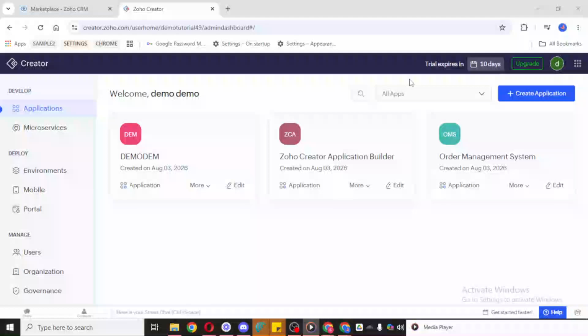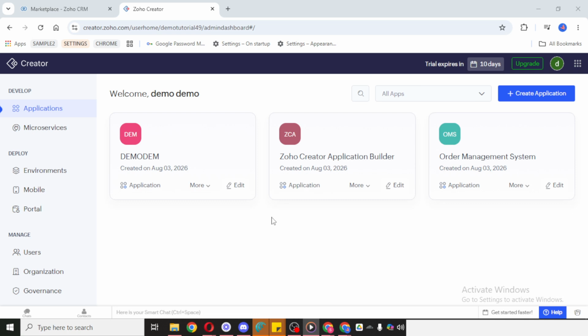In today's video, I'm going to teach you how to edit a form on Zoho Creator. If you need to update a form inside your app, Zoho Creator makes the process very straightforward once you know where to look. Whether you want to adjust the layout, change field settings, or customize how the form works, everything begins from inside your Zoho Creator account. Start by opening Zoho Creator and signing into your account.